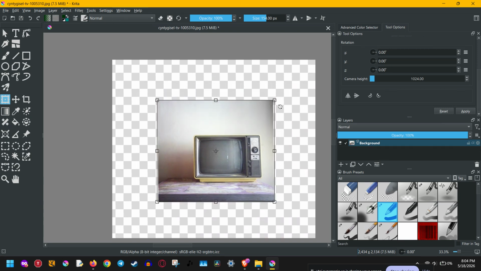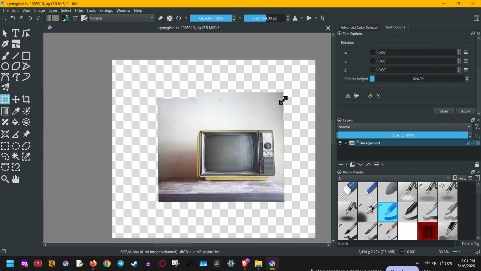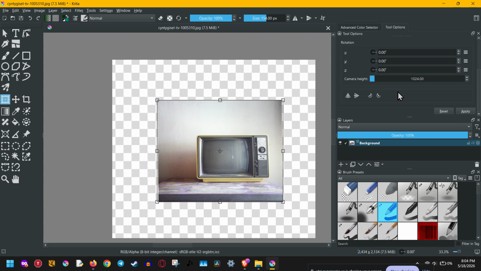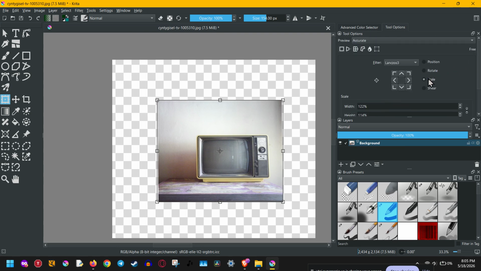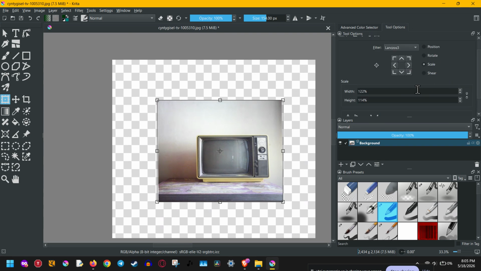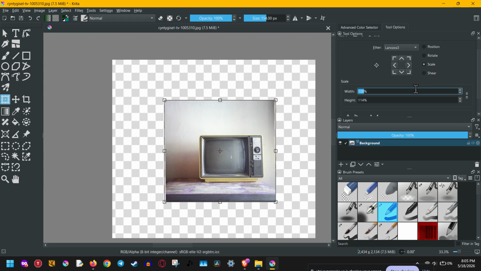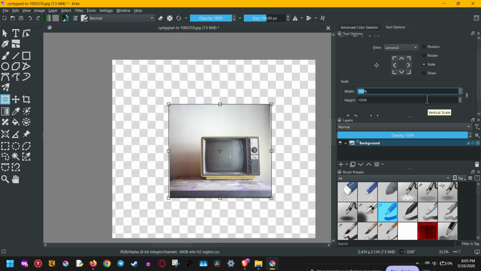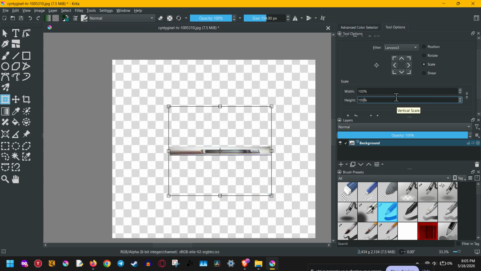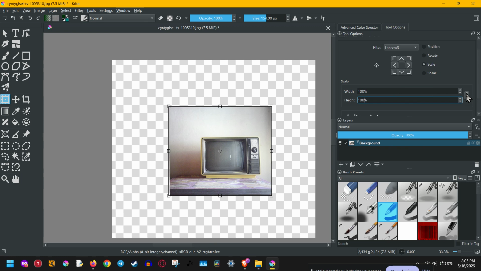If you prefer exact control, Krita also lets you scale numerically. To do this, look at the Tool Options docker on your screen. In that panel, find the size or scale percentage fields. Here, you can enter exact pixel dimensions or precise percentage values. This is the best method when you need accuracy, such as matching a specific document size, fitting artwork to a layout, or resizing assets for export. Instead of dragging and guessing, you can type in the exact numbers you want and get a consistent result every